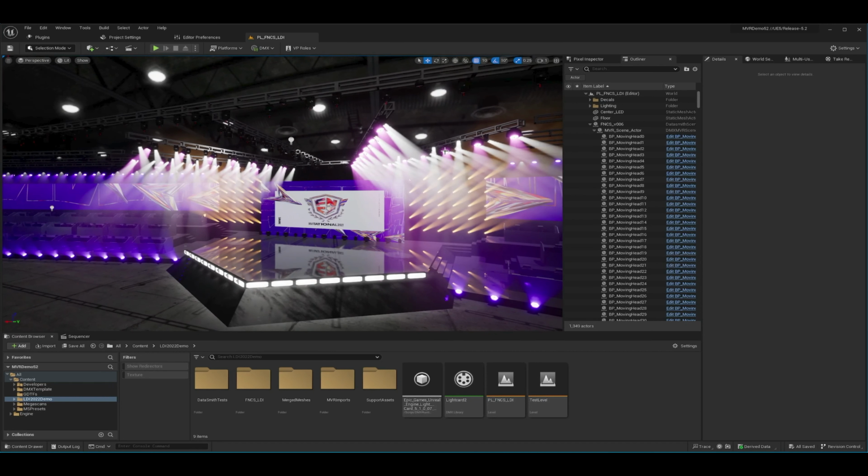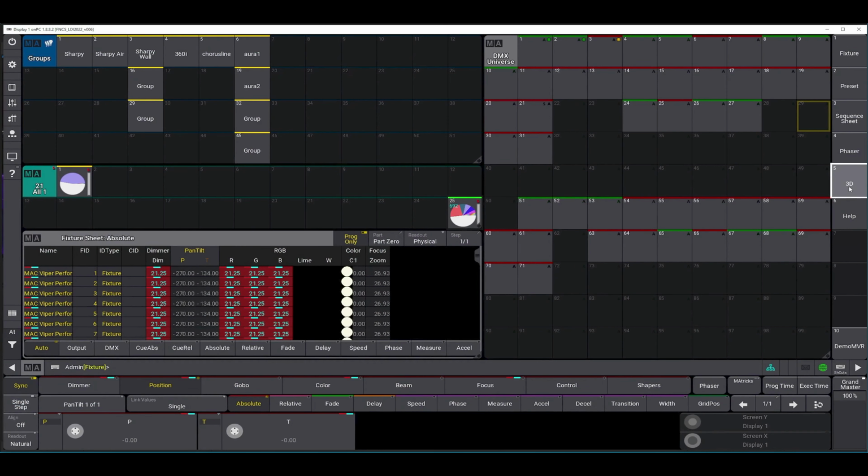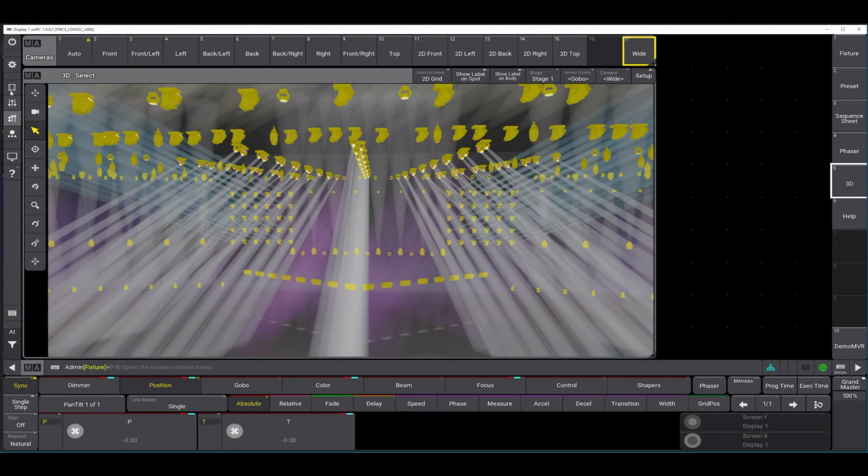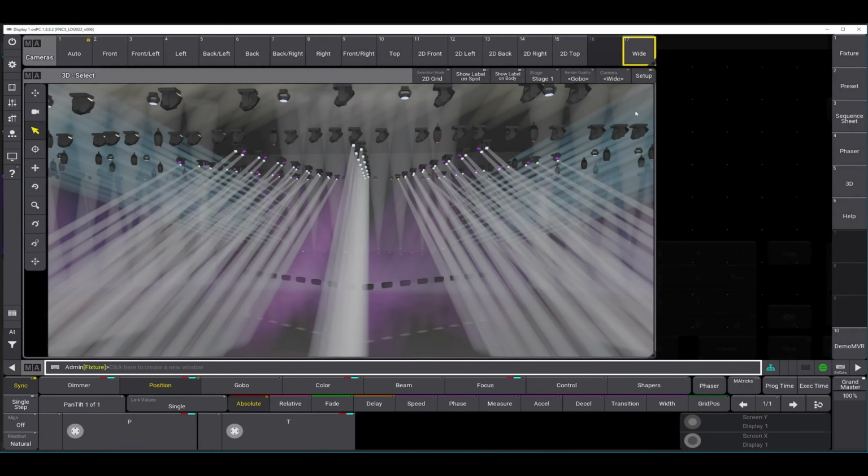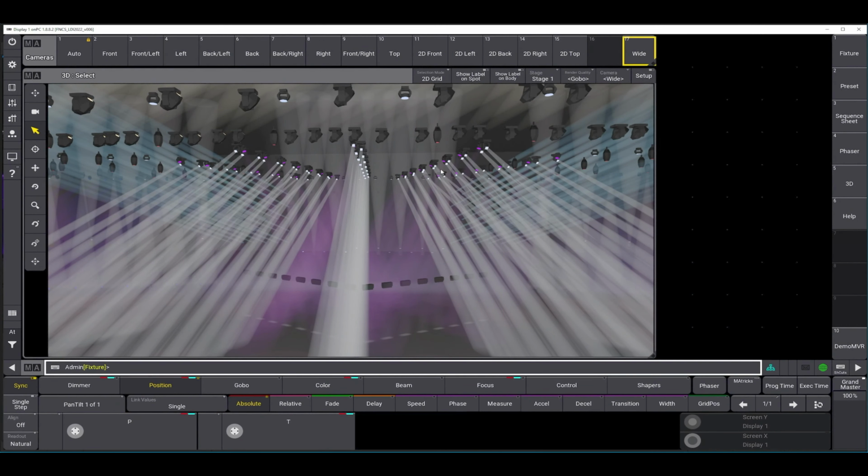And then at this point, it's just up to the lighting programmer to do what they would normally do. Some other things to think about in this workflow: if I go back to MA and go to the 3D view in this wide angle, you can see what they're giving me. I believe I had these Sharpies selected, and MA3 will show it to me, but it's not actually outputting.